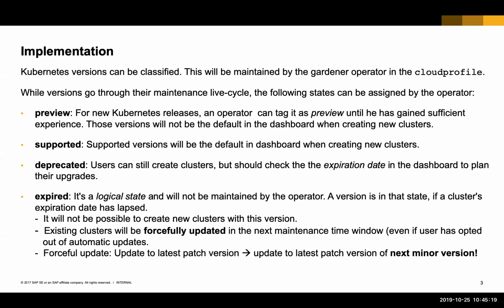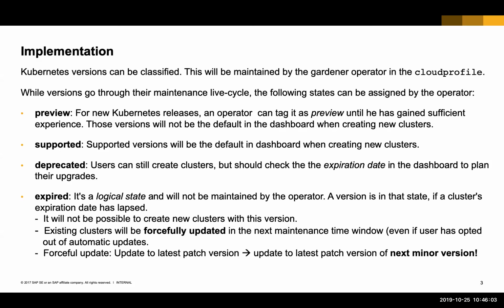So what does this forceful update mean? This is also not implemented yet, but that's what we plan. We forcefully want to update to the latest patch version. And if this patch version is also expired, then we would update to the latest patch version of the next minor version, and so on and so on. If this would also be expired, then it goes up the tree until it finds a version which is still supported. This could be harmful to the workload if we update to the next minor version. We are aware of that, but therefore